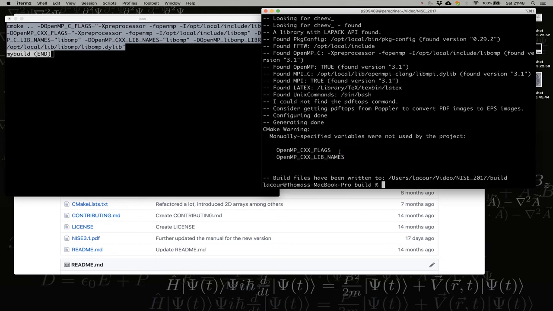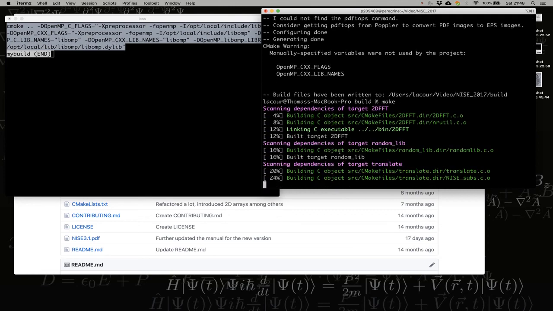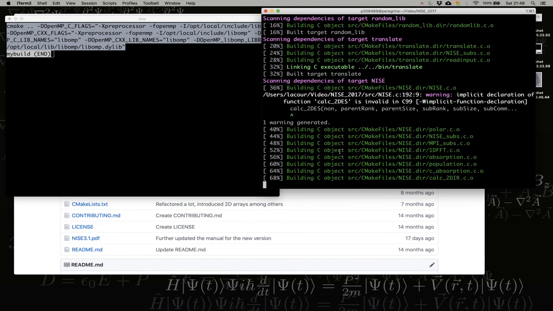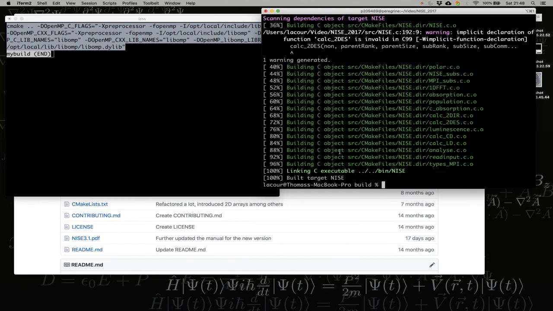We can now build or make the program with make, and we will see that this works pretty easily here. We can make the examples as well,